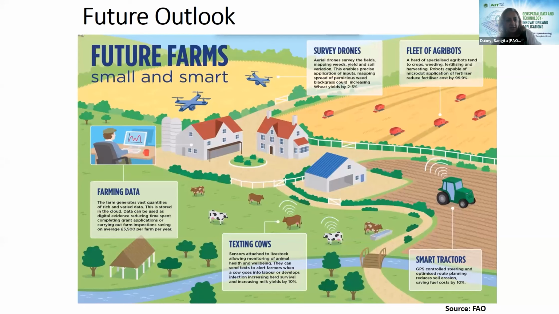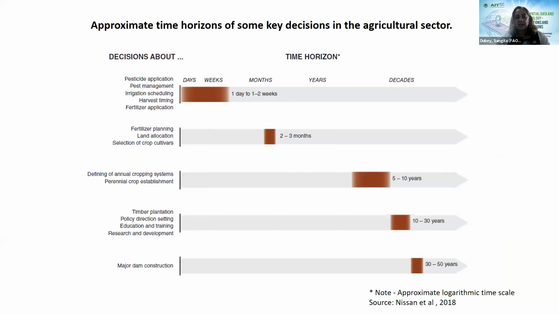To go to the next slide, here are some ideas of what the time horizons for decisions are, because of course, one of the things that drives whether or not the data that comes is timely is how individuals actually plan their decisions when they need that information. So for example, for pesticide application, the decisions are made in periods of days or weeks. For fertilizer planning, it's made a little bit later. For major infrastructure construction, such as dams, it takes decades to plan, not only to actually build the dams, but to actually get information on what the demand is, and not just the current demand, but the future demand.